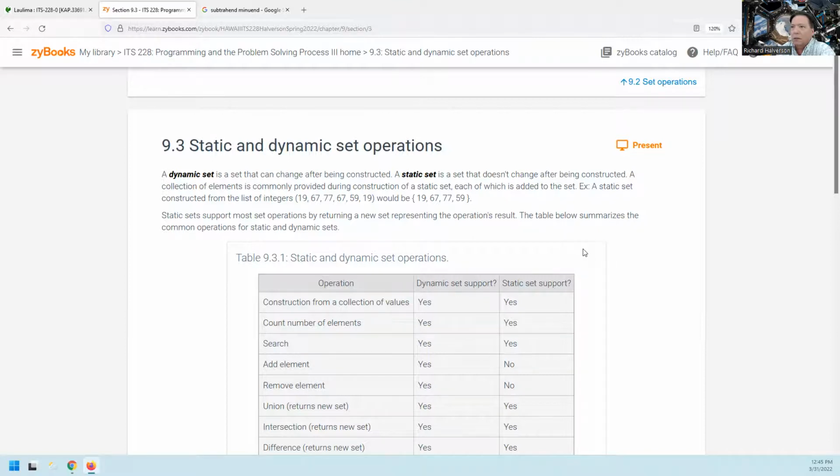So, 9.3, your static and dynamic set operations. What is that? A dynamic set is a set that can change after being constructed. A static set is a set that doesn't change after being constructed. Okay, so